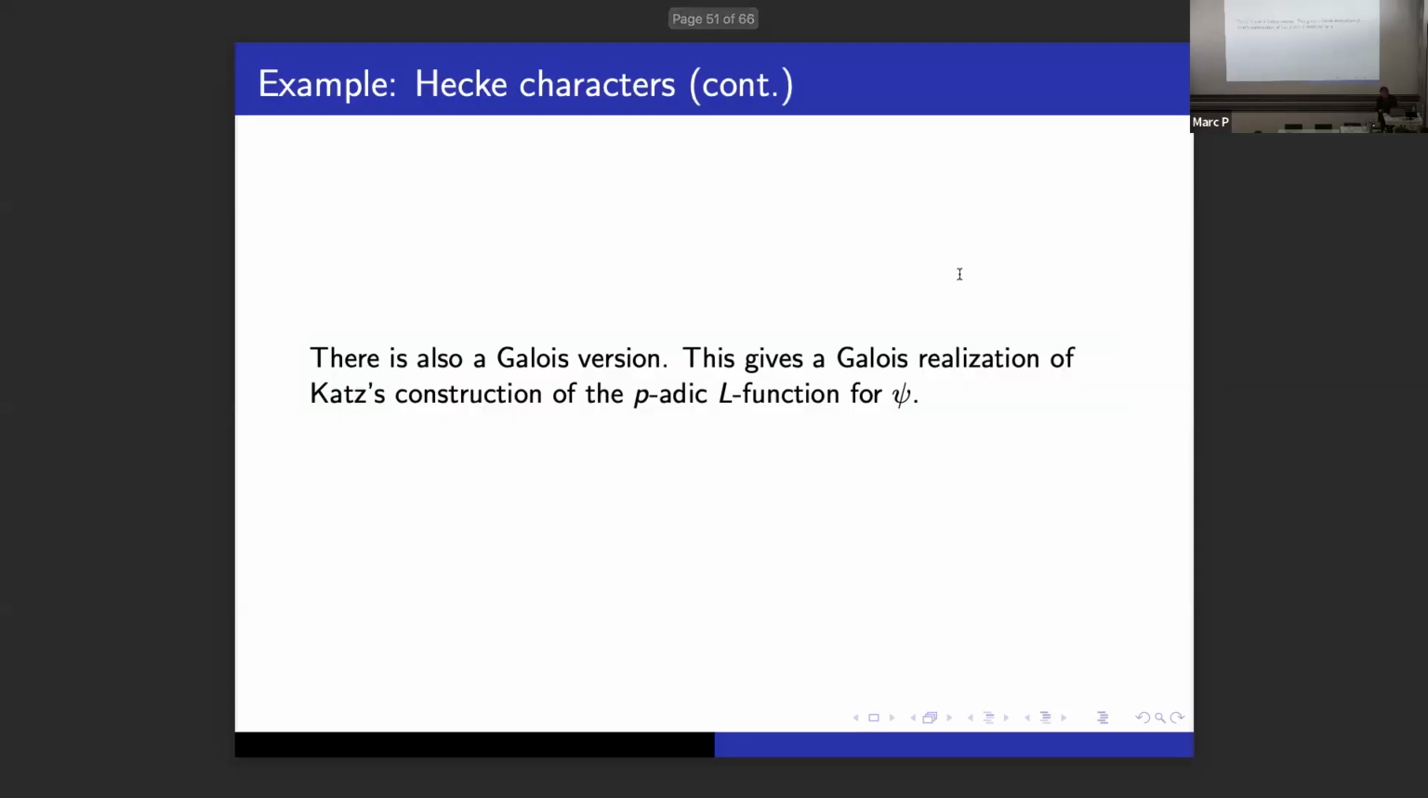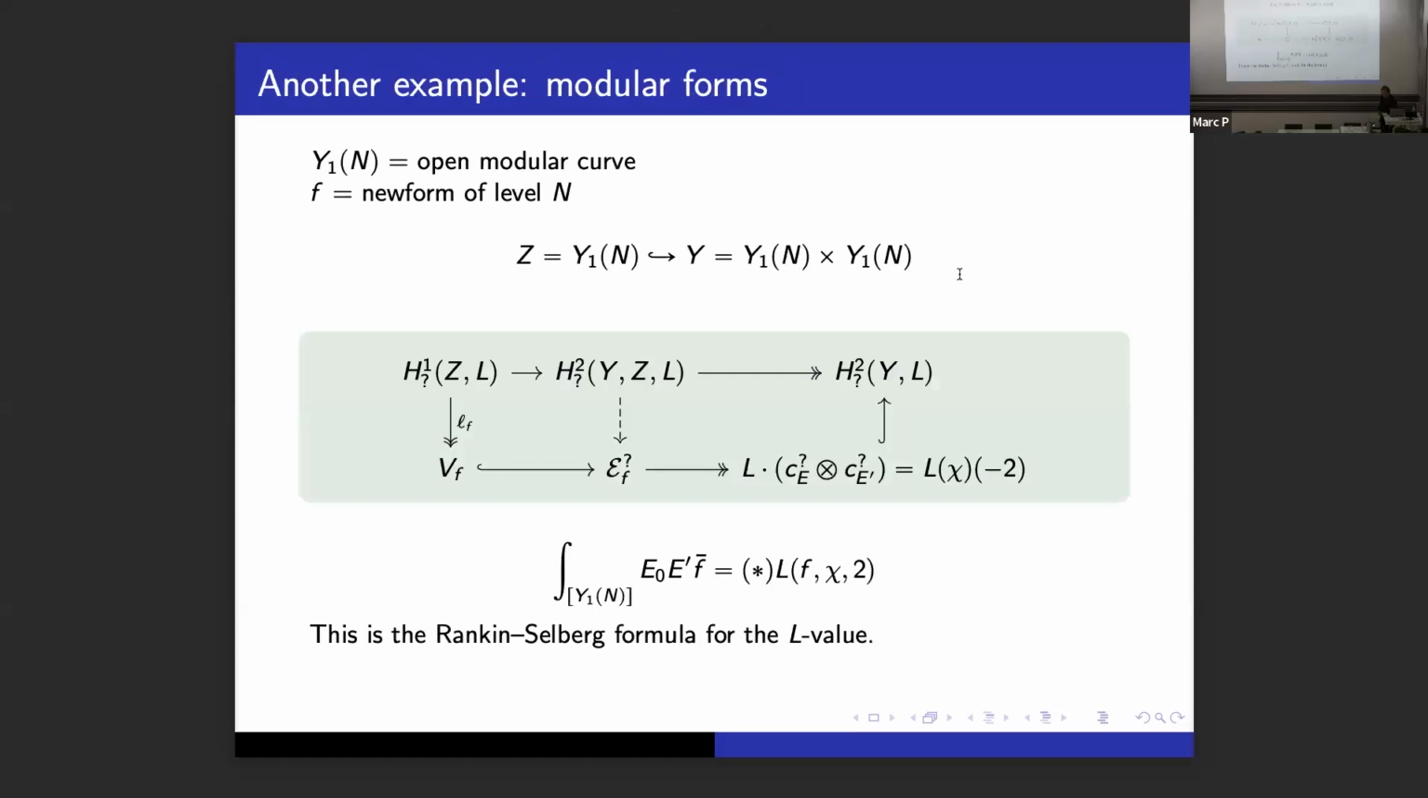I should say that the Galois version is really a Galois realization of a construction in the p-adic world due to Katz. And that will come back. We can do higher dimensional analogs where we take V, in fact, to be the modular curve, and we embed